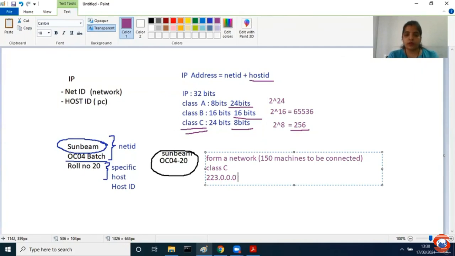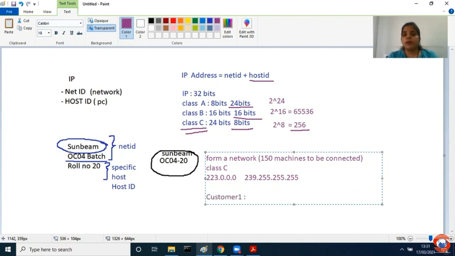223.0.0.0 से 223 और 239.255.255.255. Do you all agree? Everyone? Right. अब suppose मैं customer 1 हूं. My service provider will give me 223.0.0.1 से